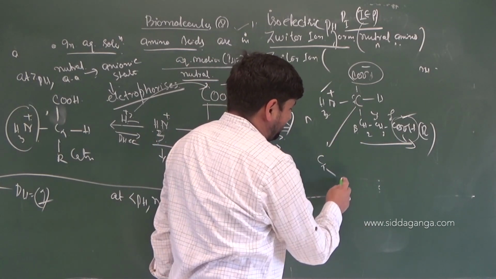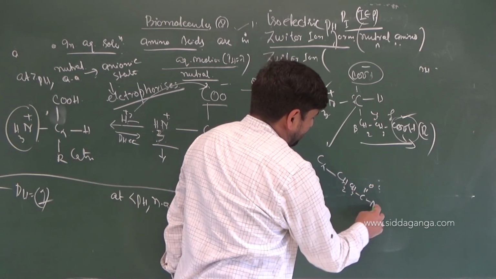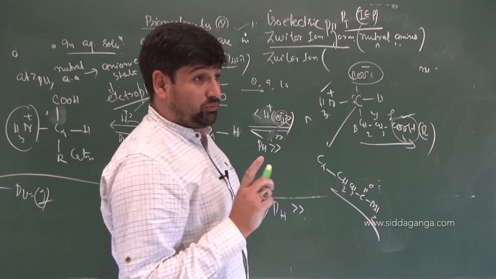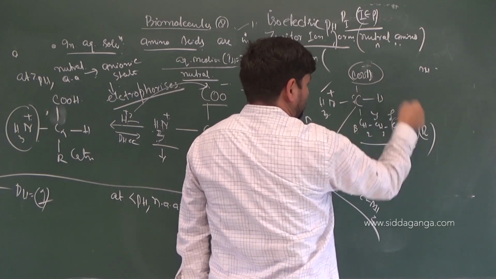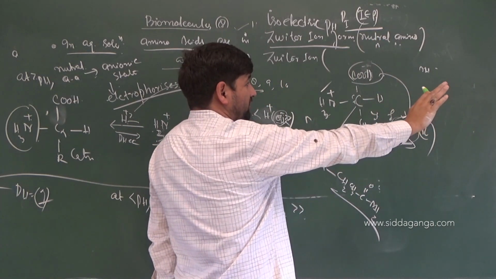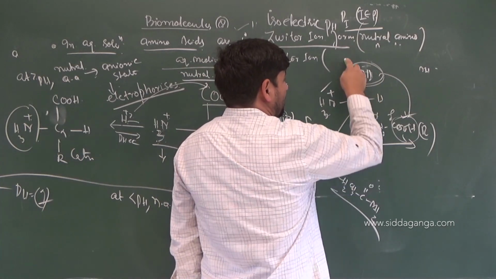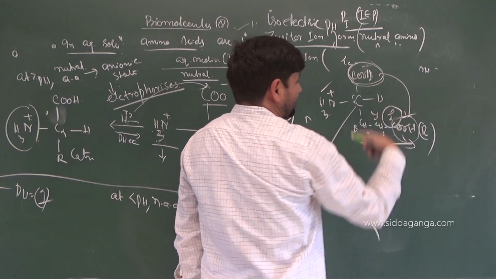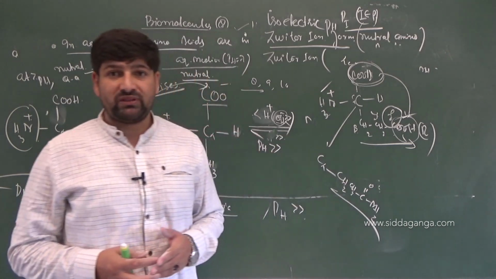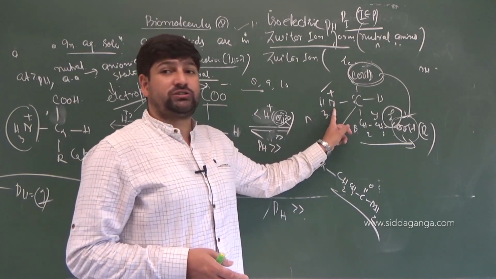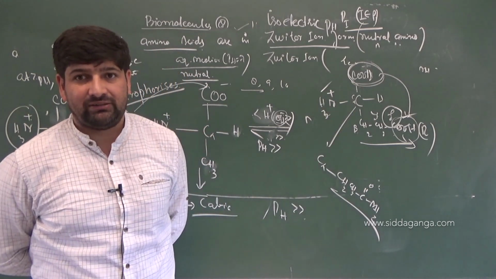Or there will be a side chain with C alpha attached to some group. Suppose CH2, C double bond O and NH2 group. And remember one more thing. Whenever a chemical reaction has to happen, and if both of these carboxylic acids are not in dissociated form, the first reaction that will happen will be at which one? Alpha carboxylic acid followed by this gamma carboxylic acid, because this will be stabilized by NH3 plus. Clear? So the carboxylic group closest to the NH3 group will be undergoing reaction first. Am I clear with the basic thought?